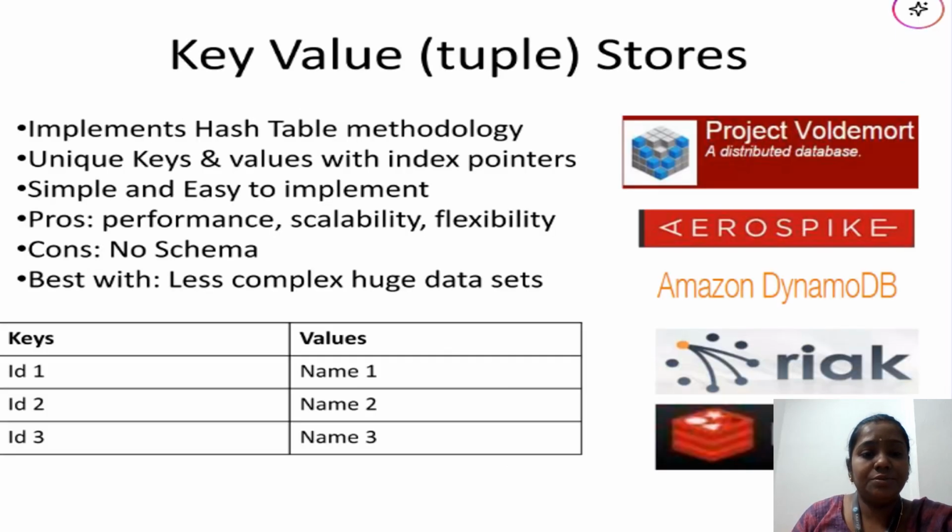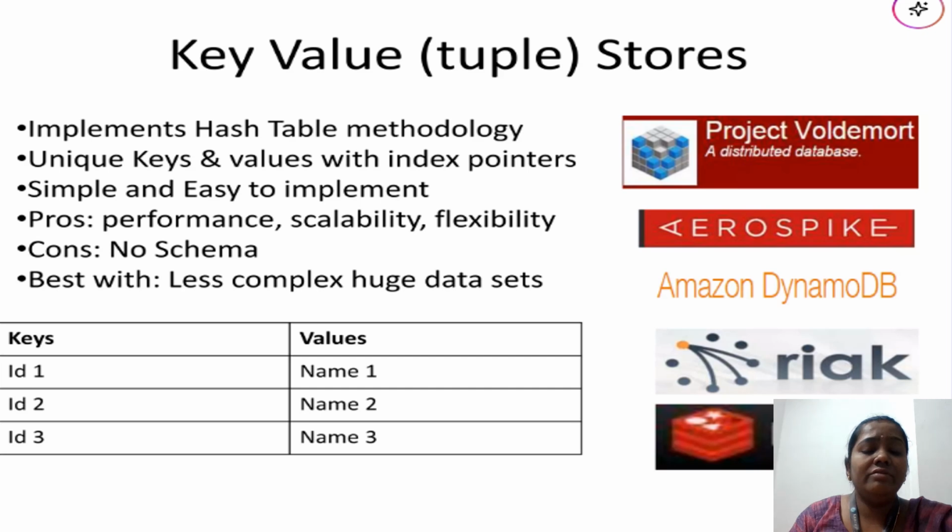The first concept is key value stores. Key value stores are otherwise called tuples. It is mainly used for implementing the hash table methodology. That hash table methodology is mainly for unique keys and values with index pointers. So key value stores are used in many distributed databases. The examples are Project Voldemort, Aerospike, Amazon DynamoDB and Riak, and all these are examples of key value